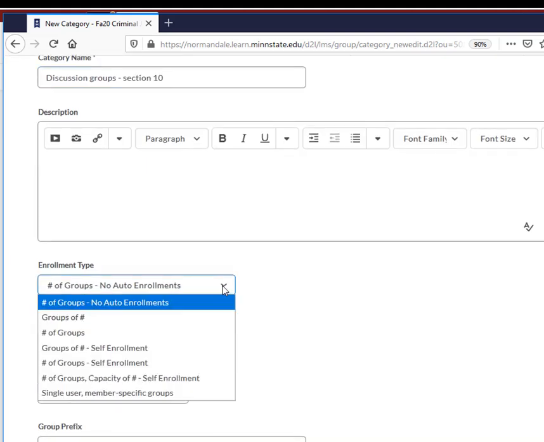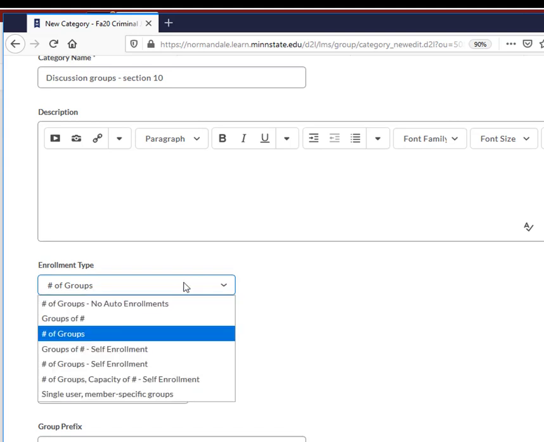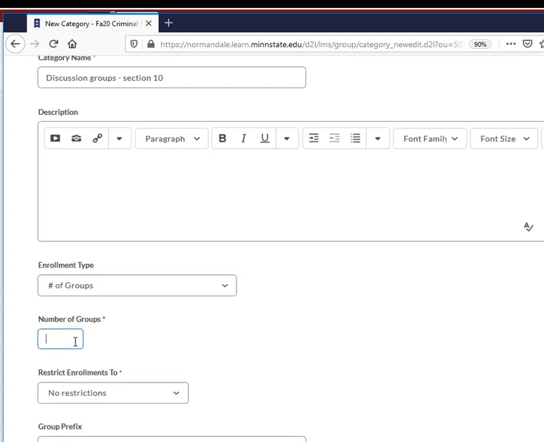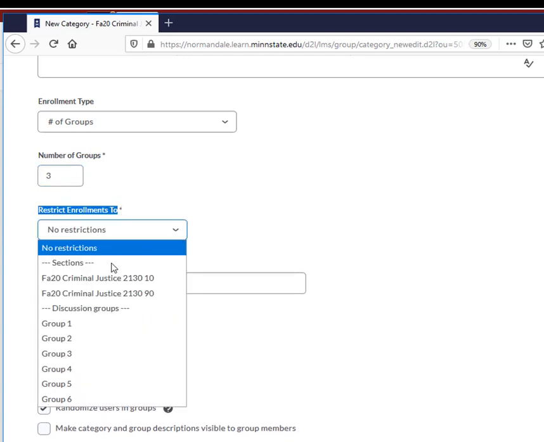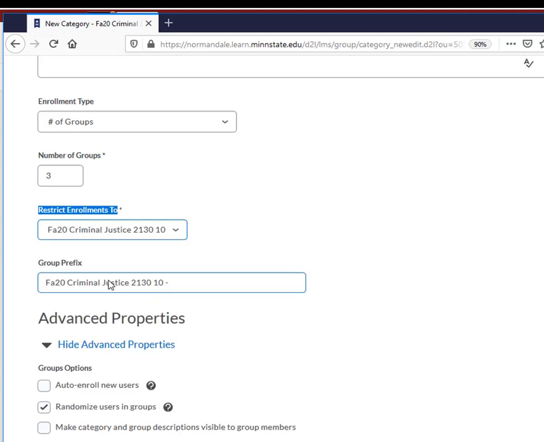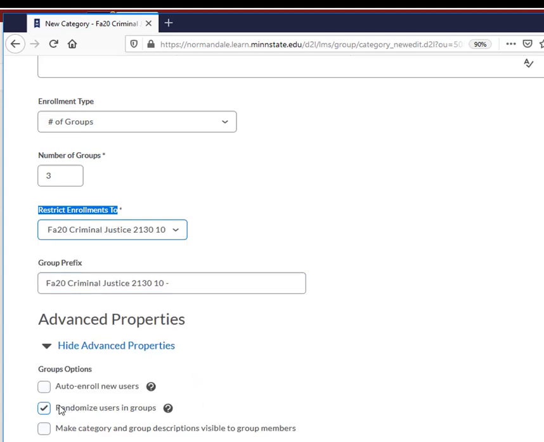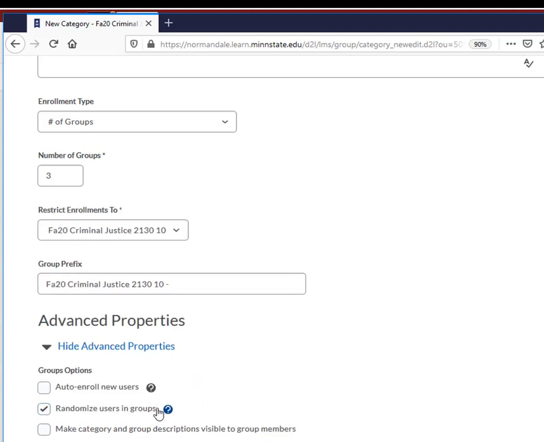For this one, instead of saying no auto-enrollments, I'm just going to decide how many groups I want from that section. For this example, I'll use number of groups, and I'll say 3. And this time, for the Restrict Enrollments To menu, I'm going to select just Section 10 students. I'll go ahead and leave the box for Randomize Users and Groups,